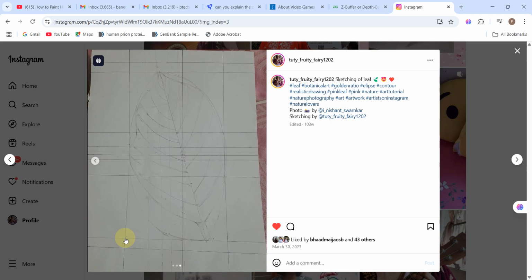But here, this point has a z value slightly different from 1. Suppose it is 1.5, then 3. Here suppose it is something different, 3.5, then 3.6, then 3.8, then 3. Suppose this is 4 and this is 5 and this is 6. These are arbitrary values. I'm giving an example.